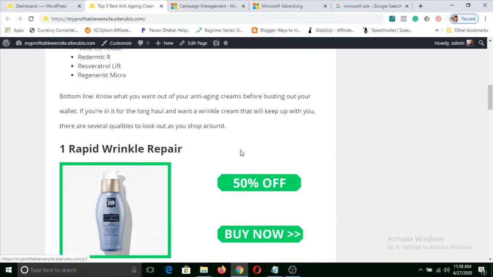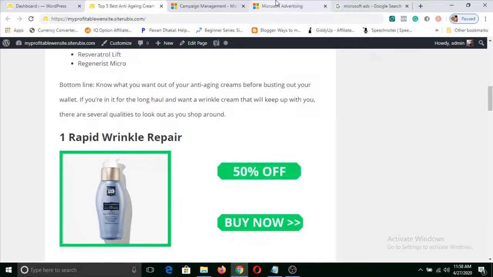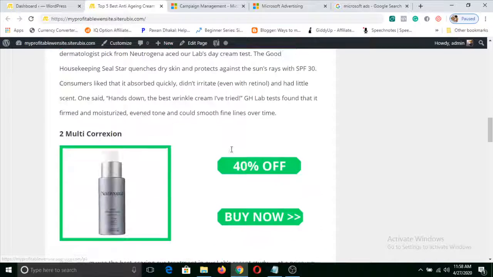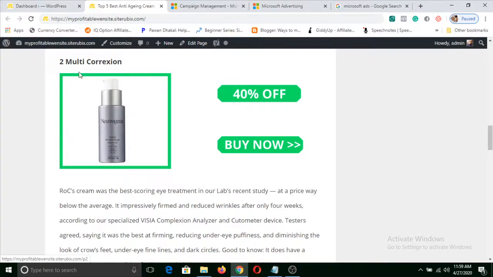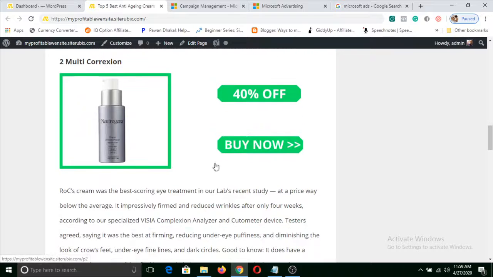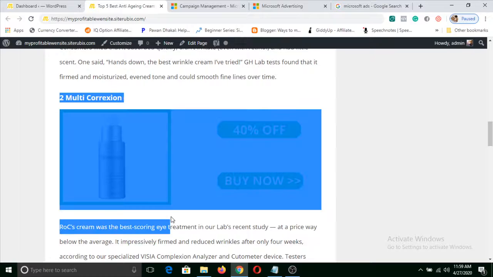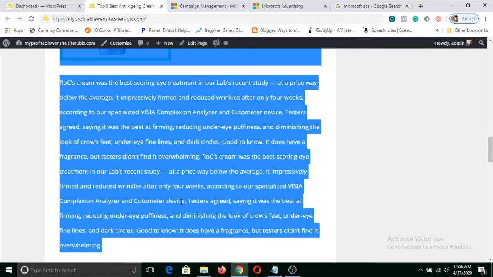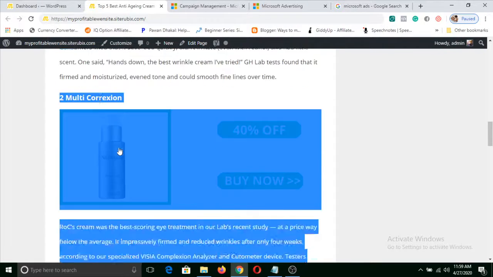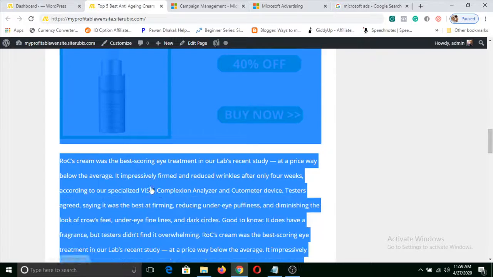And once you notice that, let's say, because we have already launched a campaign, let's say we got many conversions on this product. Now this product didn't get conversions, or this product got a low amount of conversions. So what you should do is visit your website and copy this. Just simply copy everything from the heading to here. So this product seems to be converting very much.